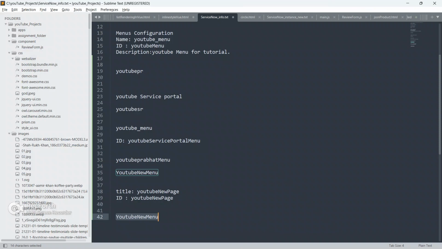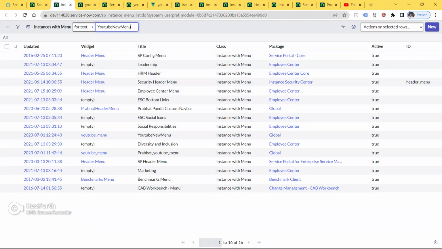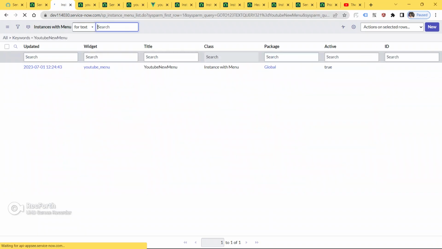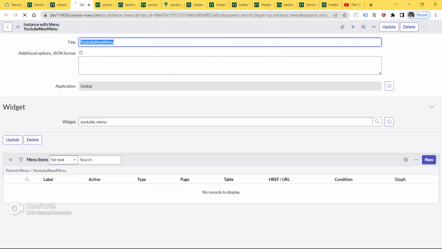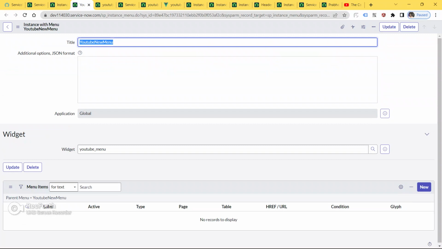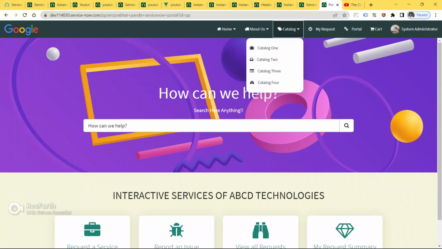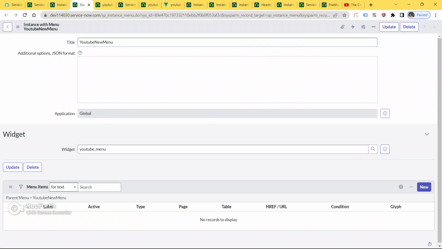Now I will search for my menu, so copy this, paste it here and search it, then click it. Now we will create these menu items like home, about us, catalog, my request, portal, cart. System Administrator is already there. So we will create home, about us, catalog, my request, portal.